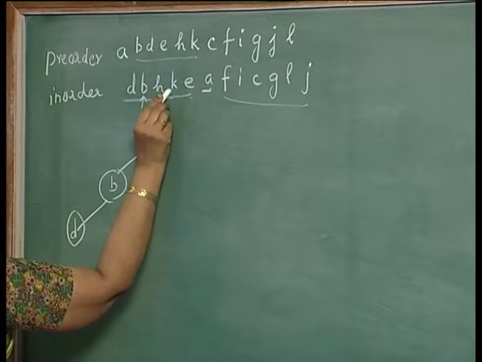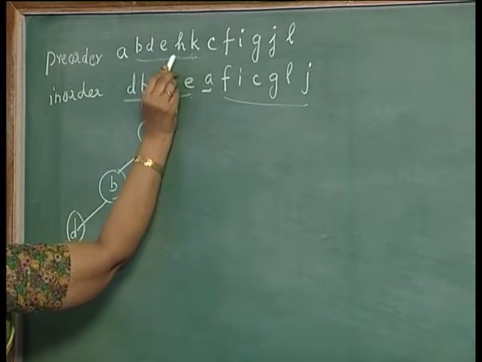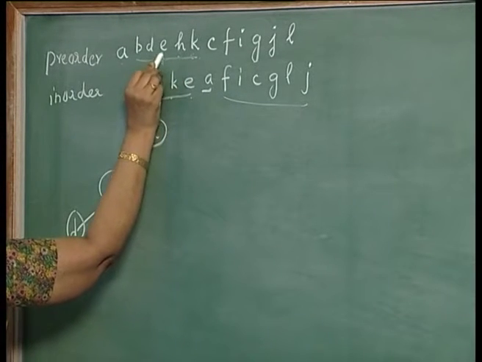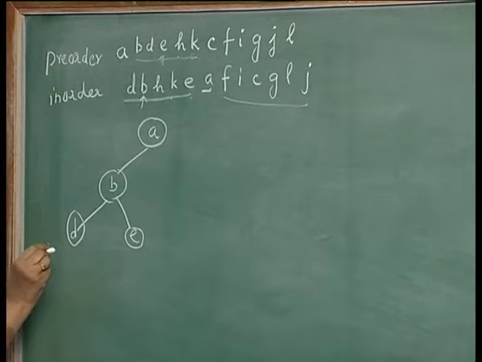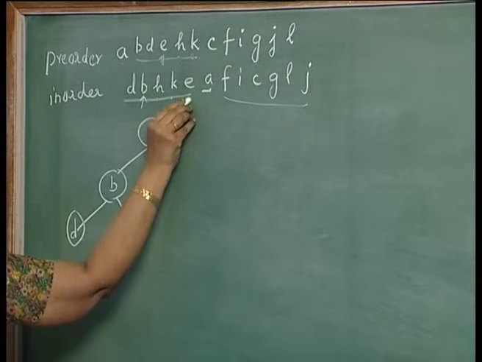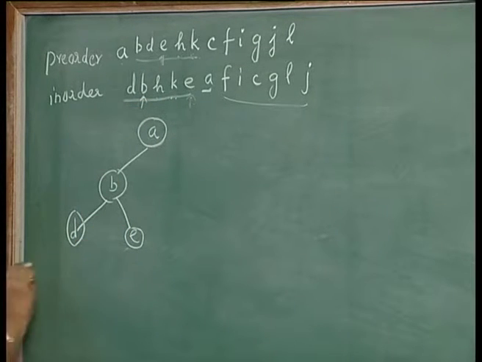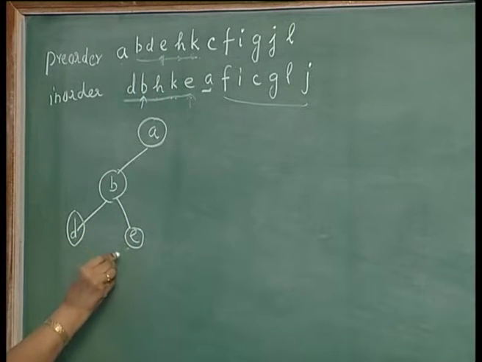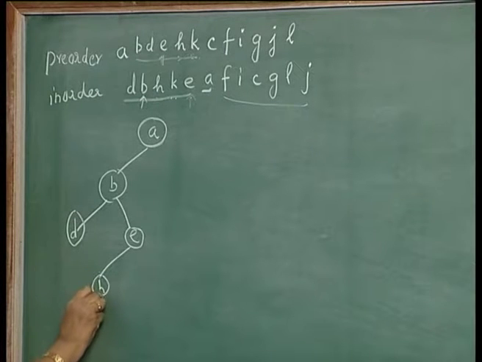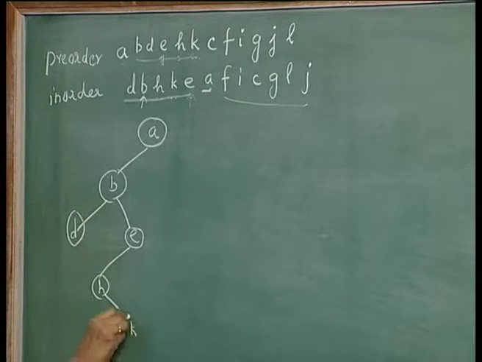How do you arrange these vertices? E, H, K, they are in a different order here in the pre-order. Now, again the root will come first in the pre-order. So, E will be the root and H, K should occur on the left subtree or the right subtree. So, here E is the root and H, K occur on the left subtree. So, both H and K should come on this side. Now, again H should be the root in the pre-order. So, H will come like this and then because K occurs on the right side, K will occur like this. This is the way the left subtree is built.